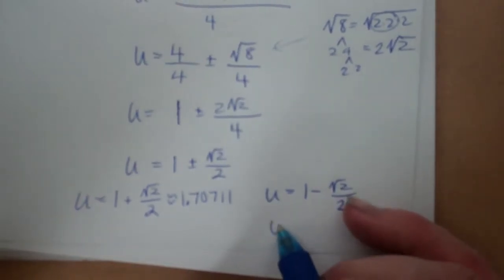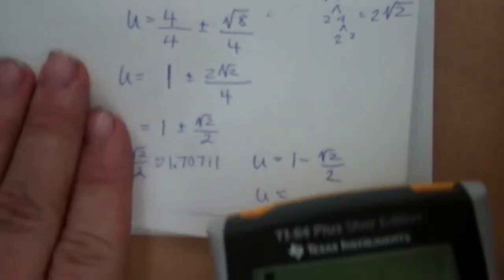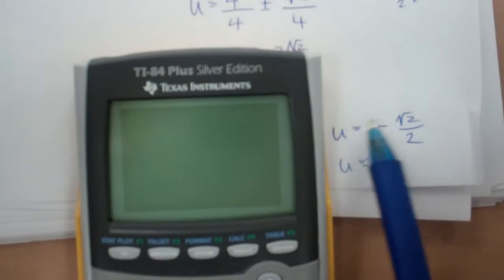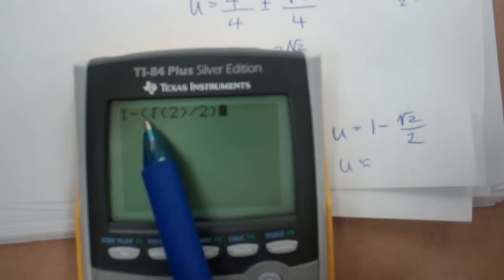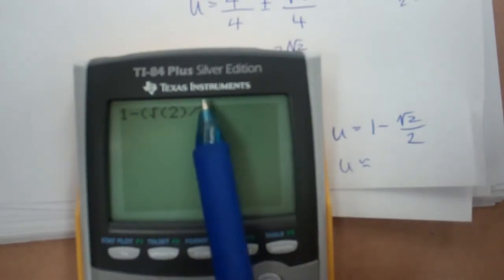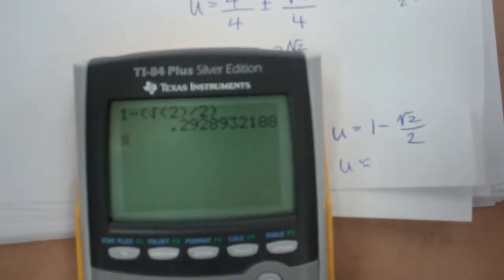And over here, u is approximately, you have to type this part in, so that's going to give us 1 minus radical 2 over 2. That looks like this: 1 minus, use parentheses, radical 2. Going to need to close that parentheses on that one. Over 2, and then close this parentheses. See how I've avoided, there's that parentheses and that parentheses. That's to avoid having strange things happen with order of operations. This gives us